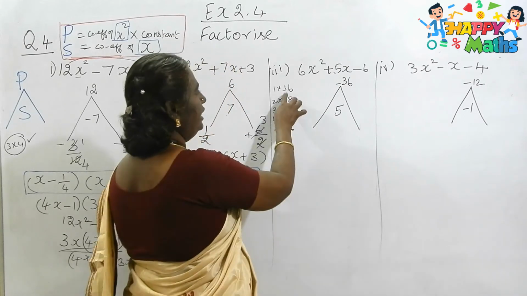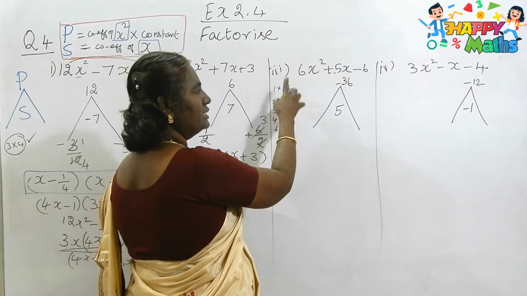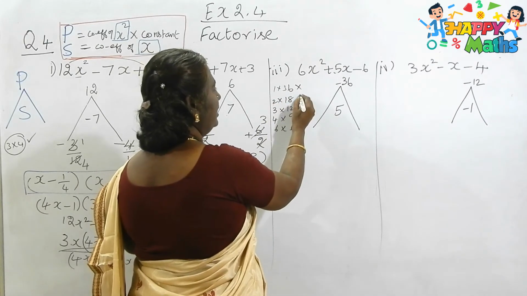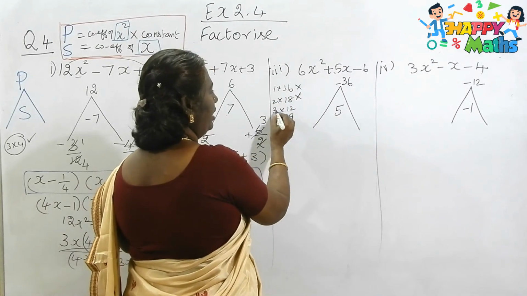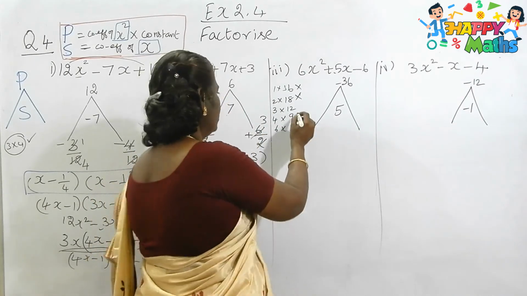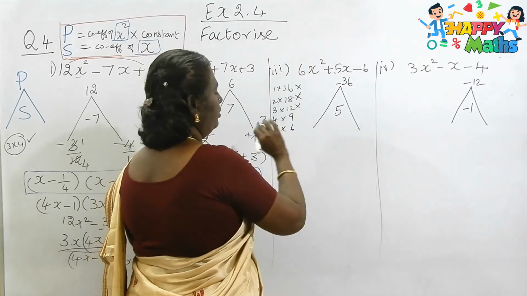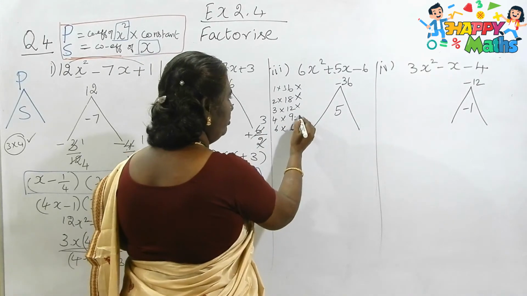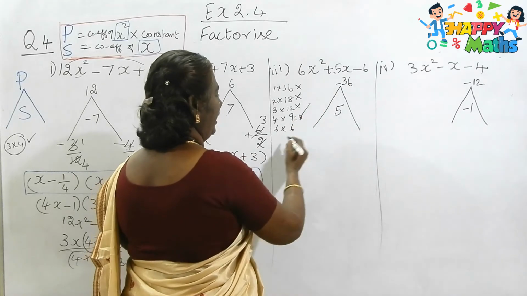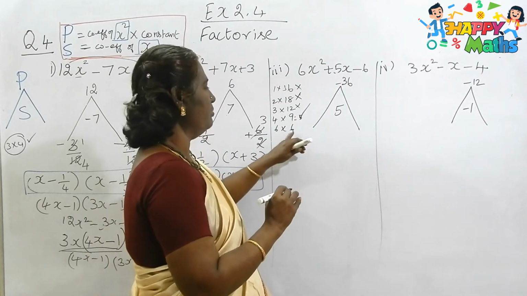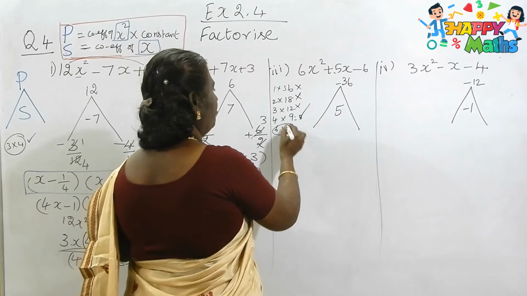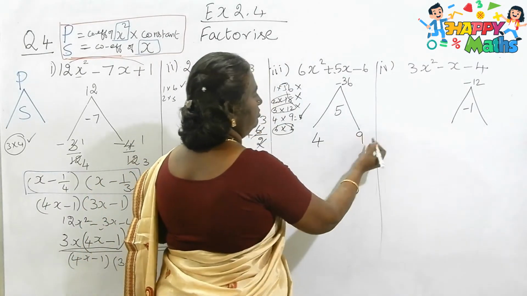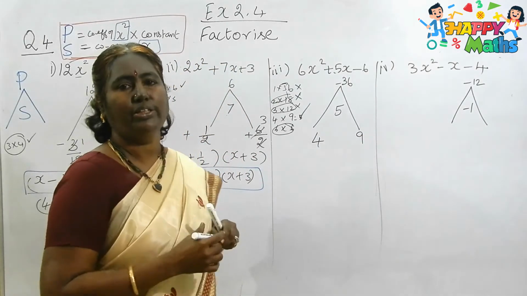Okay, so here see. 36, when you subtract 1 from 36, it is 35. So this won't come. See here, 18 minus 2 is 16. This also won't come. So 12 minus 3, what? This also won't come. This is also not 5, 9. Okay, see here, 9 minus 4. Here you are getting 5, no? Yes or no? So only this is correct. This is 6 minus 6, 0. So this also won't come. So only our best combination is 4 and 9. So up to this, it is very clear for you, I think so now.